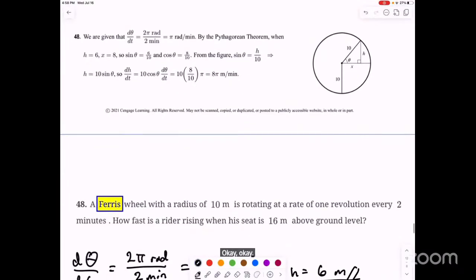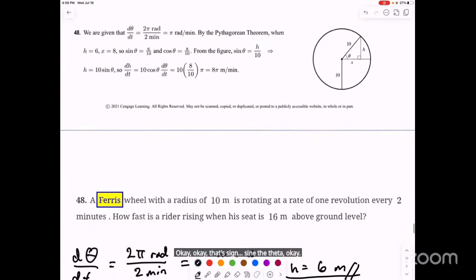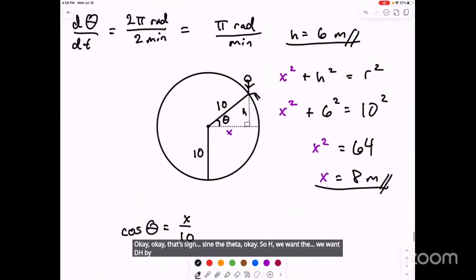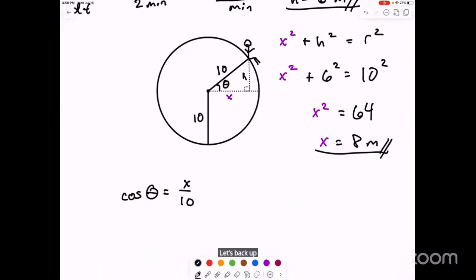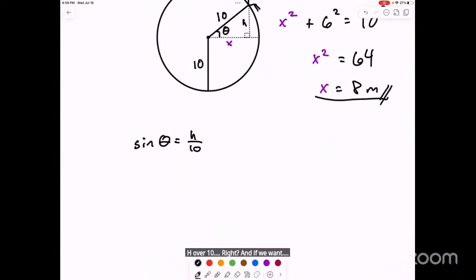Okay, that's fine. Sine of theta, okay. So h, we want dh by dt. Let's back up. Okay, so let's do sine. So if we consider the sine of theta, that would be what? H over 10, right? And if we want the rate of change of his height with respect to time, okay,